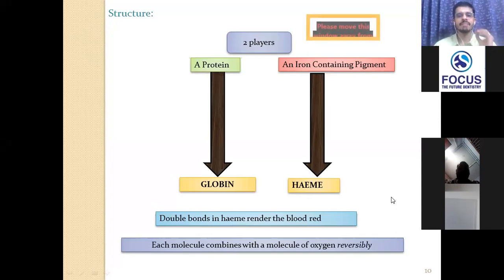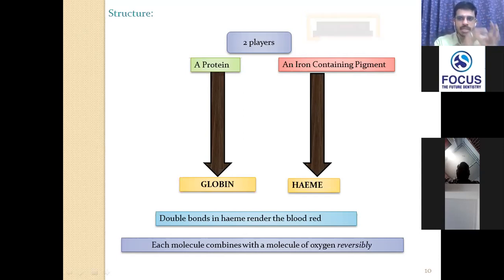Okay. Every molecule in hemoglobin combines with and is capable of combining with oxygen reversibly. This is very, very important. I cannot overemphasize this enough. You should remember that the bond which hemoglobin has with oxygen is totally reversible. Why is this of physiological significance? Because if